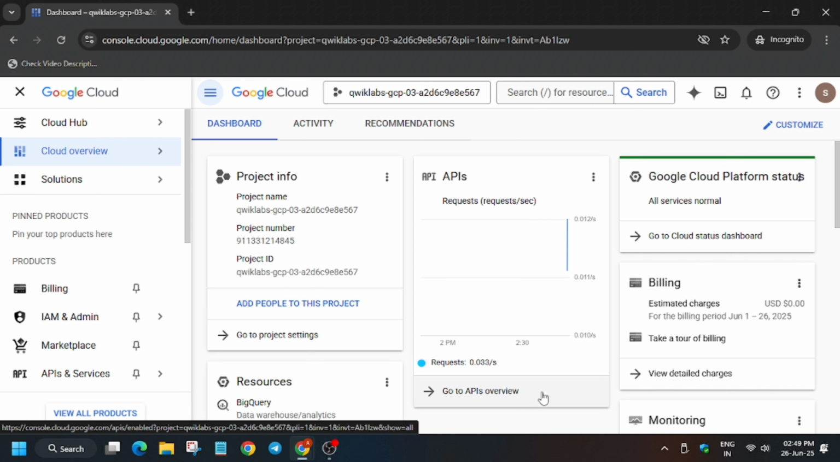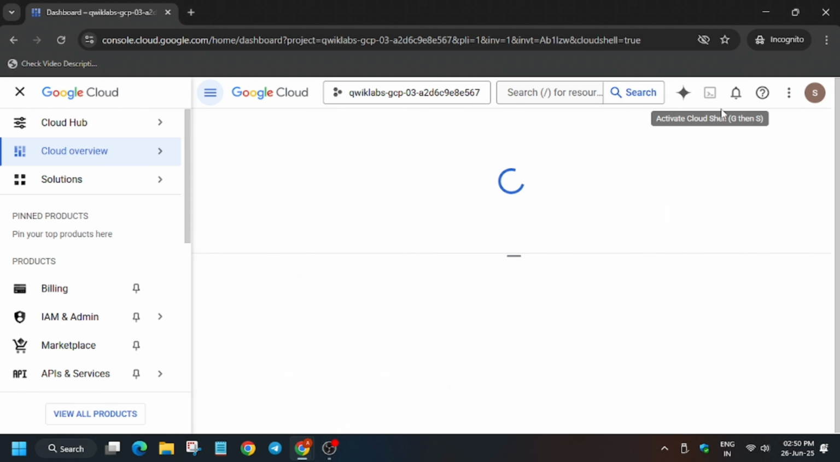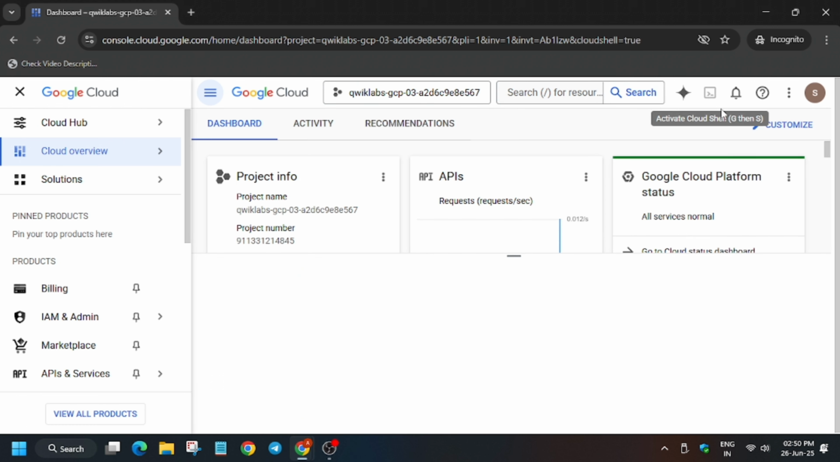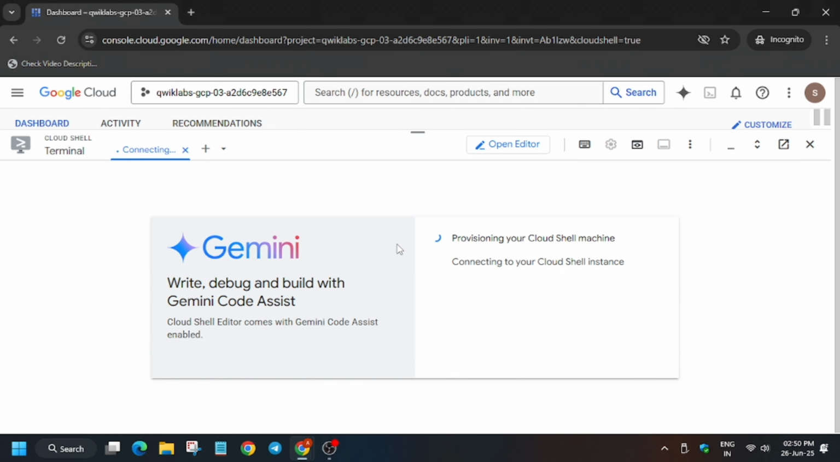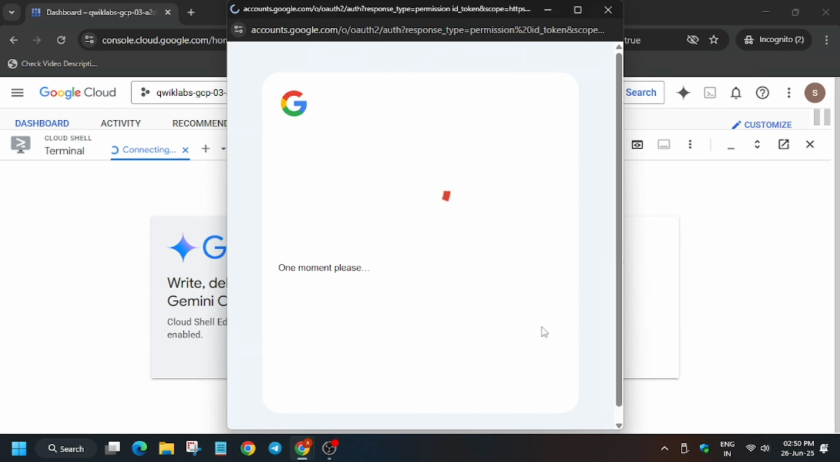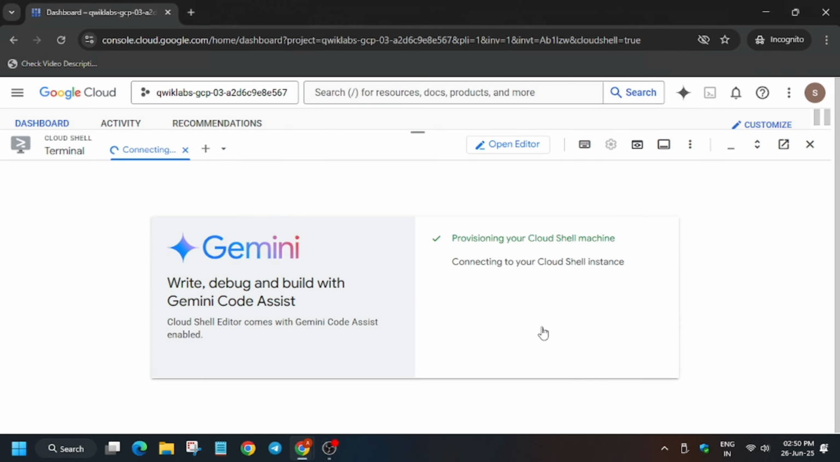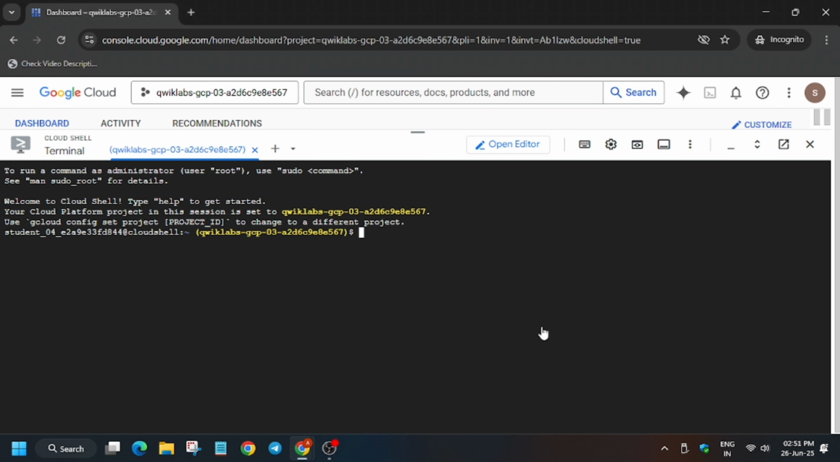Now the next step is that you have to activate the Cloud Shell. So how do you activate the Cloud Shell? Just follow this. Click on this button, it will activate the Cloud Shell. Just click on continue and then authorize yourself. Now the next step is that once the Cloud Shell is ready, let me increase the font